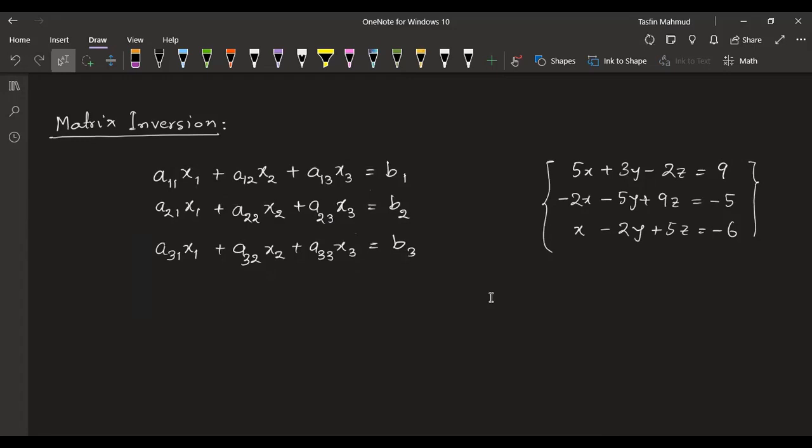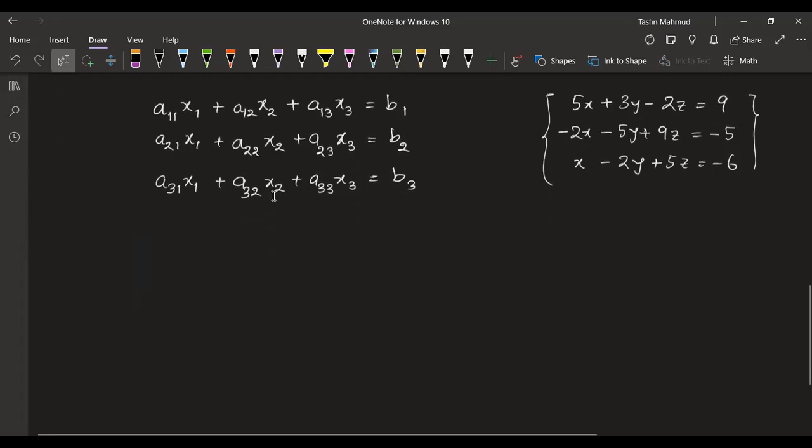Here is the thing: if we form a matrix using the coefficients of the unknowns, like a matrix formed with a11, a12, a13,